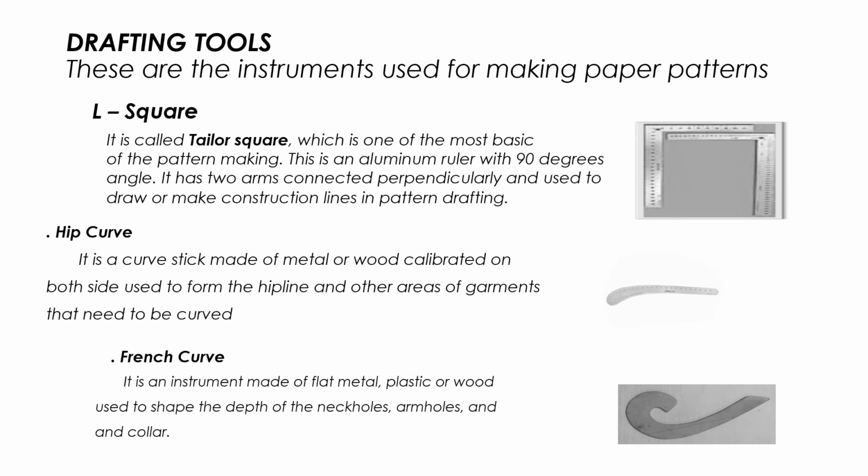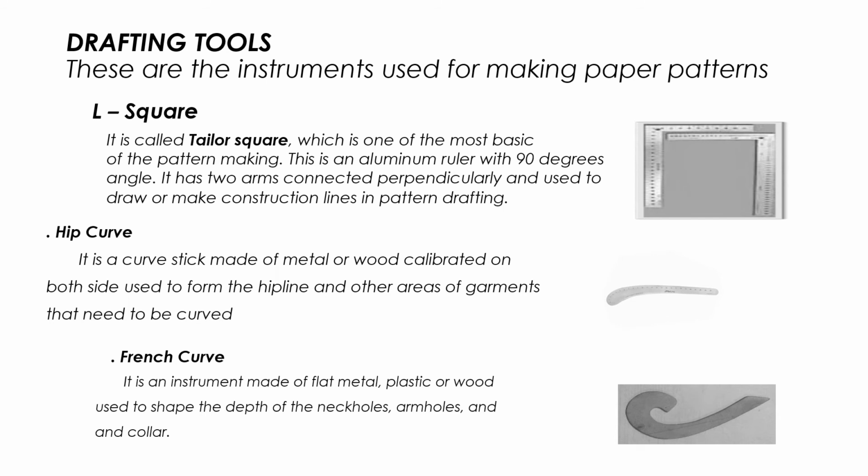Drafting tools. These are the instruments used for making paper patterns. We have the L square, the hip curve, and the French curve. The L square is called tailor square, which is one of the most basic tools of pattern making. This is an aluminum ruler with a 90 degree angle. It has two arms connected